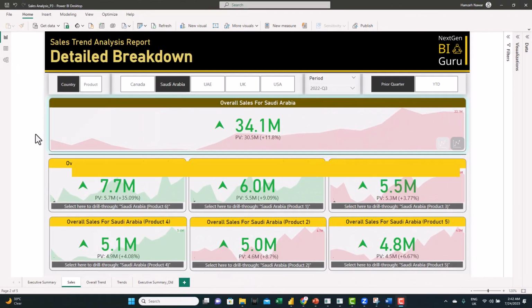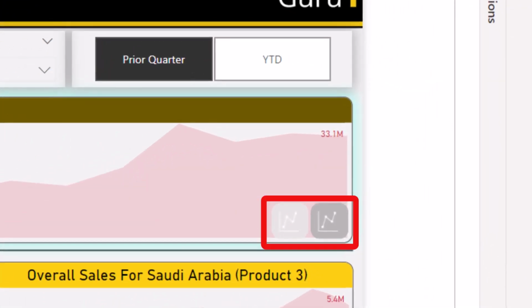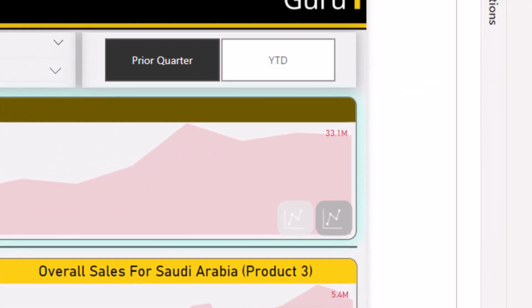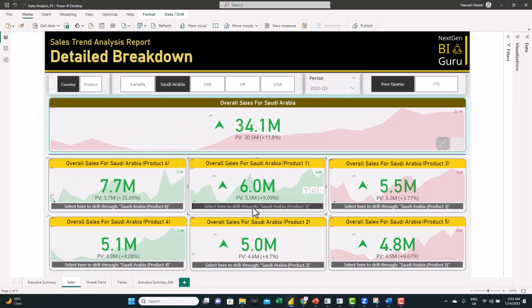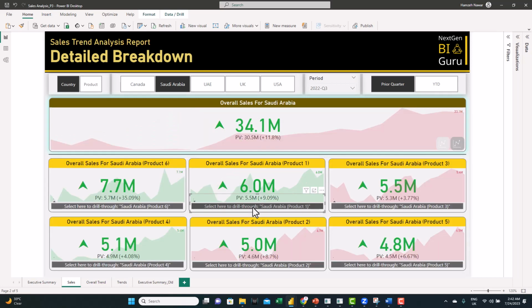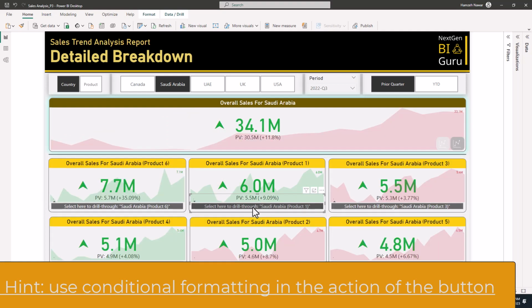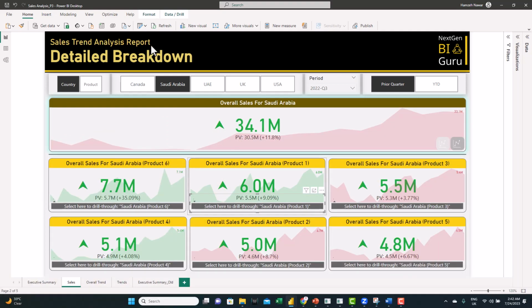In this demo, you'll see that I added 2 enhancements that we didn't cover in the videos of this project. And I left it for you as a challenge to figure out how they can be done based on the videos you watched during this project. For the first enhancement, when we created the drill through to the trendline page, we had two buttons, one for the overall KPI and one for the category KPI. The second button gets enabled only when a single KPI is selected, but the first is always enabled. So I changed it to be disabled when the second button is enabled to give the user one button to click and make it more user-friendly and intuitive.